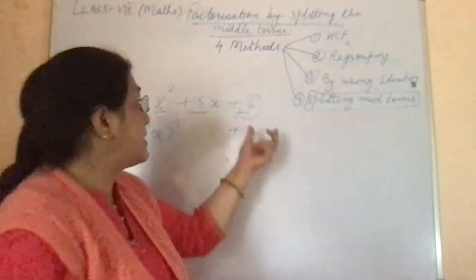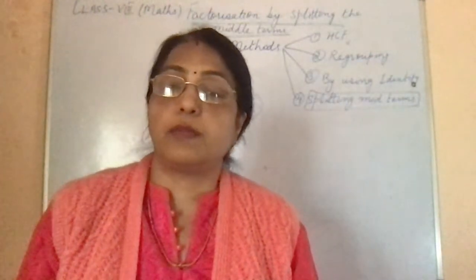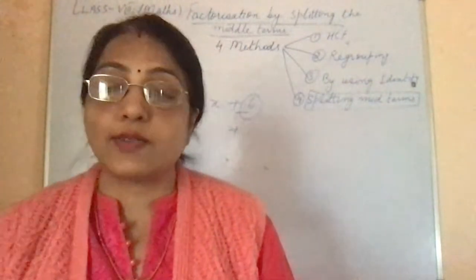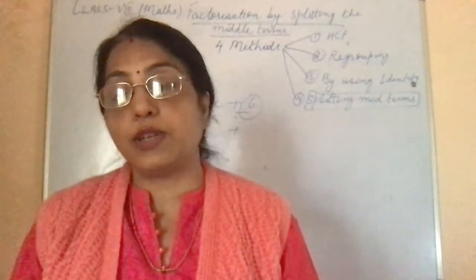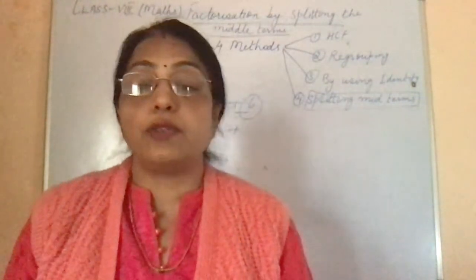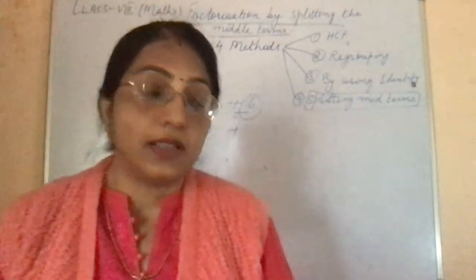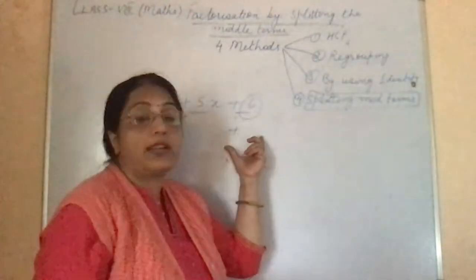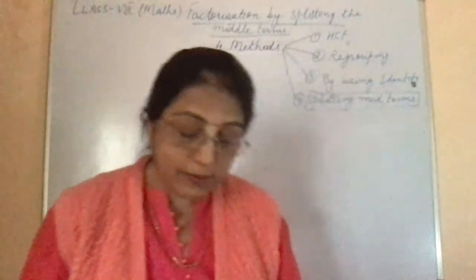So in this type of question, we apply splitting the middle term because it is very easy when you are doing it chapter wise. But how will you identify? Suppose in the exam you get a question, which method will you apply here? In this case, where it is not a perfect square number, we apply